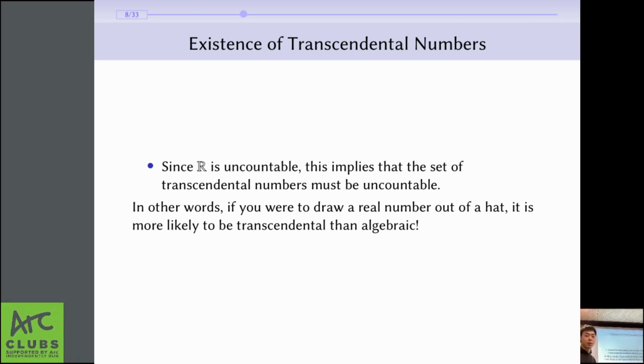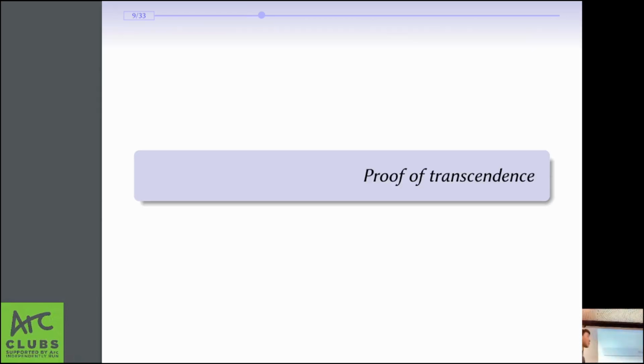So this is really what this result here means. If we say that the set of transcendental numbers is uncountable, where the set of algebraic numbers is countable. Okay, so once we've had a feel for what algebraic and transcendental numbers are, now we're going to